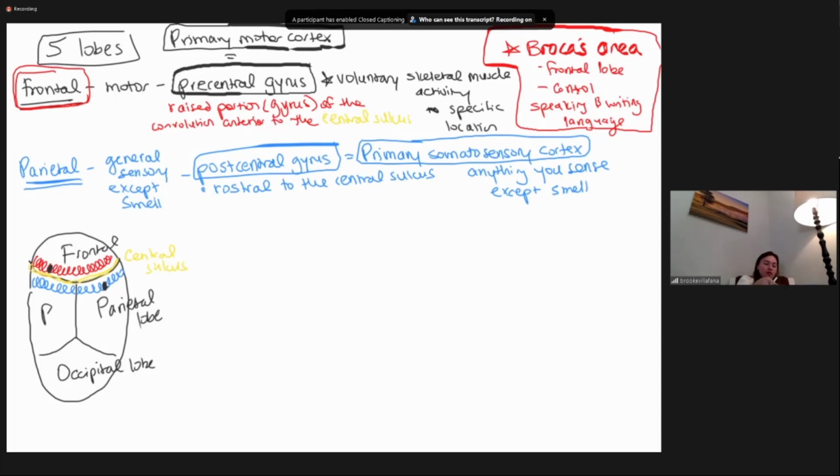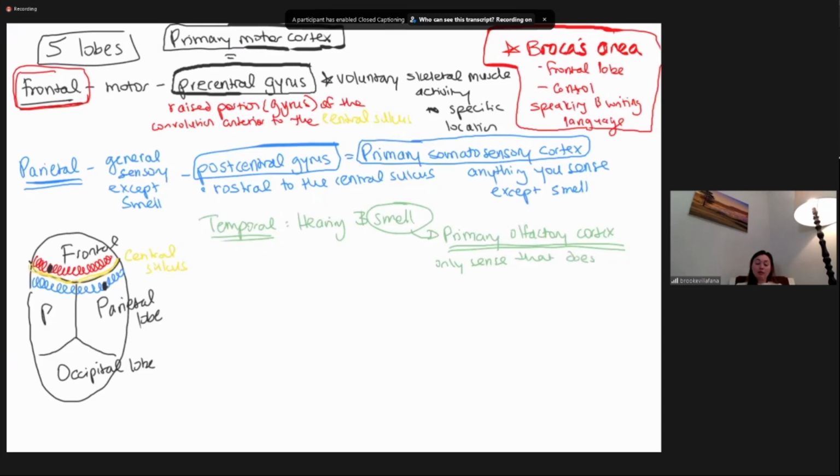All right, our next lobe is the temporal lobe. Let's do green on that one. This one's pretty simple. It's just for hearing and smell. So again, smell does not go through the parietal lobe. Smell goes to the temporal lobe, to the primary olfactory cortex, okay, to the primary olfactory cortex, and it is the only sense that does not go through that post-central gyrus